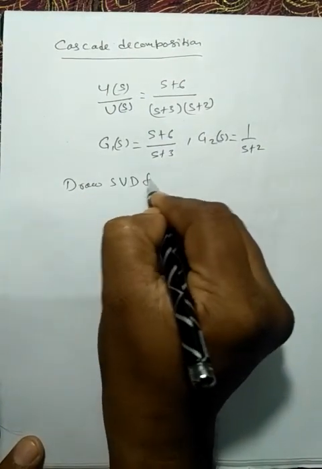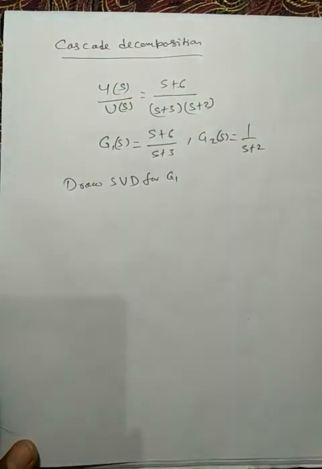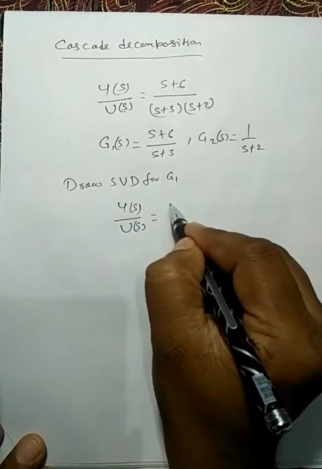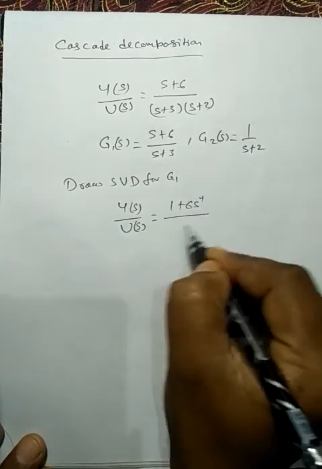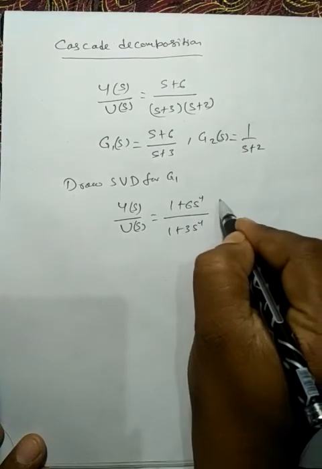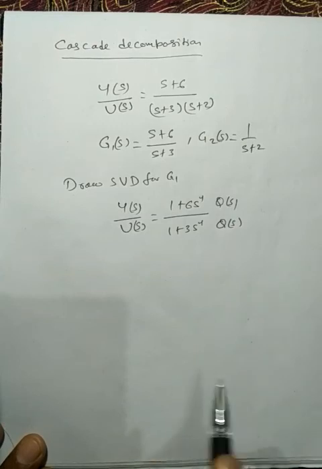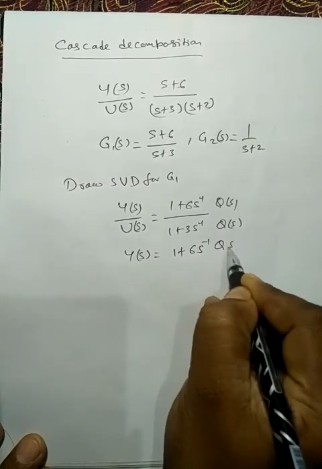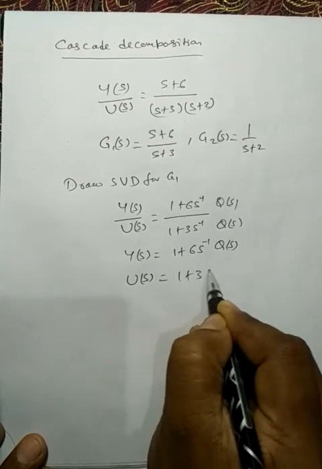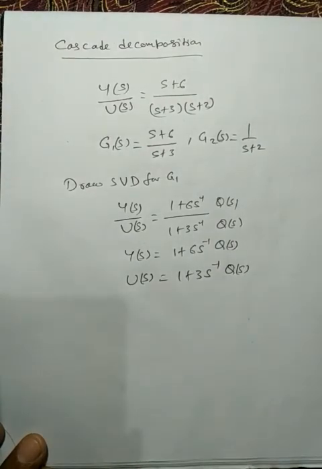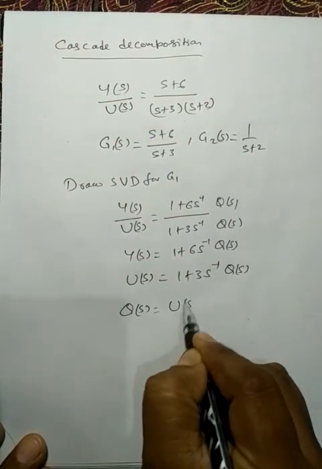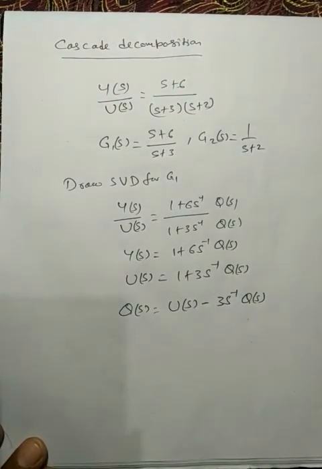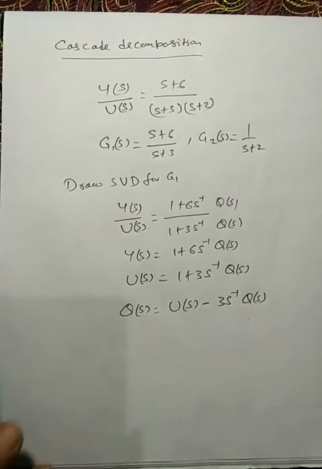And let's draw state variable diagram for G1, which is Ys over Us is equal to 1 plus 6 s inverse divided by 1 plus 3 s inverse, Qs over Qs, and from here I am getting Ys is equal to 1 plus 6 s inverse Qs and Us is equal to 1 plus 3 s inverse Qs, or Qs is equal to Us minus 3s inverse Qs, and this can be drawn like